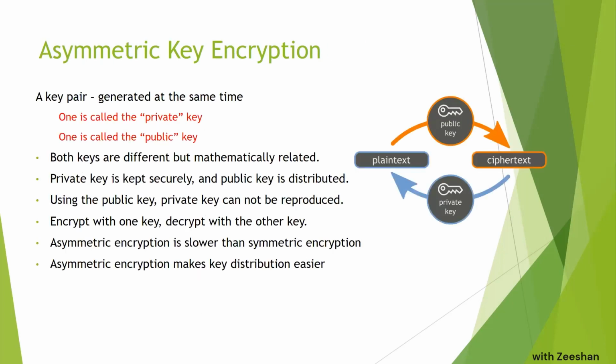So to solve this problem, we have the concept of asymmetric keys. You have a private key, and this is the most widely used concept. This HTTPS browser is using a key pair, private key and public key. It's a key pair, mathematically related. You can encrypt with the private key and open it with the public key. You can encrypt with the public key and open it with the private key.